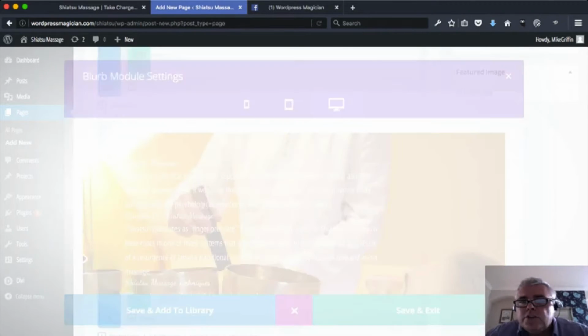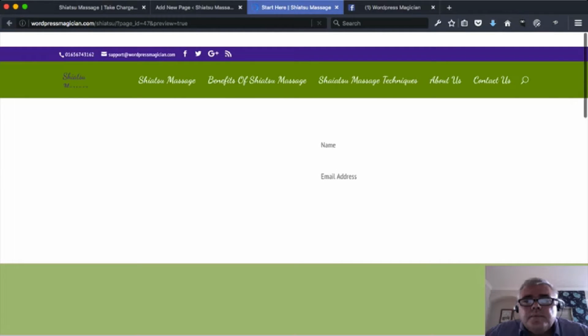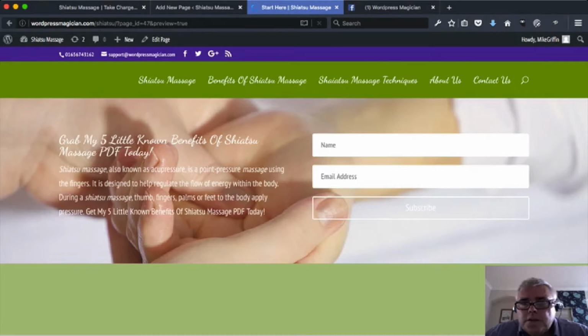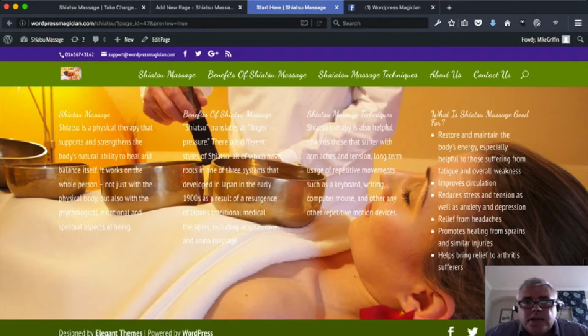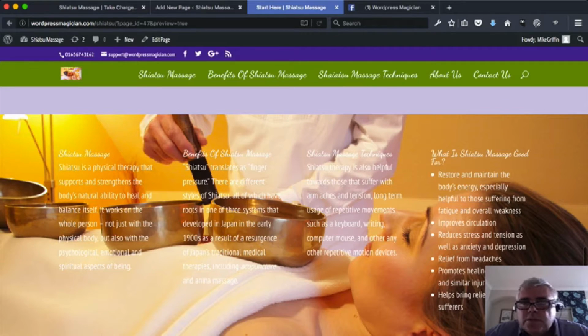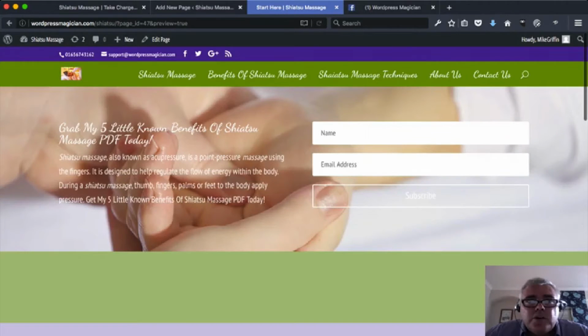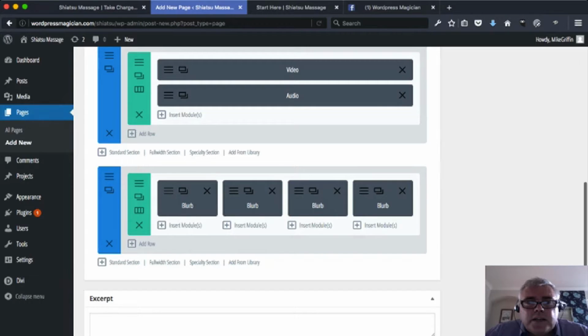All we now need to do is just preview the page. Okay, so the page is looking really nice. We have our blurb sections there. We could bold those if we wanted to do that. And I would probably say that it's best for us to do that. So I'm just going to click in here, and I'm going to go to the blurb sections